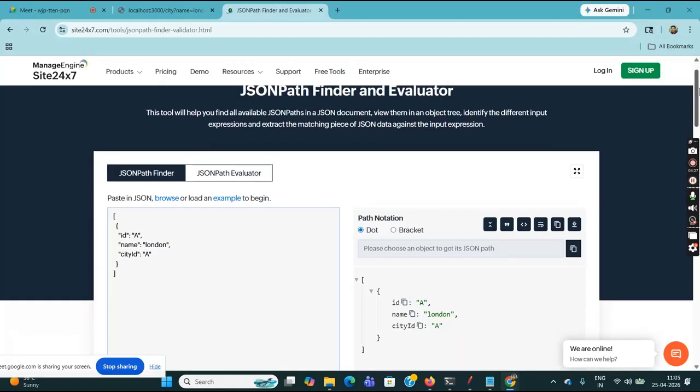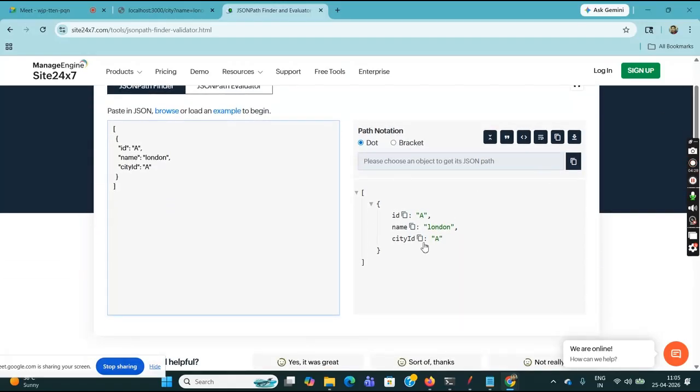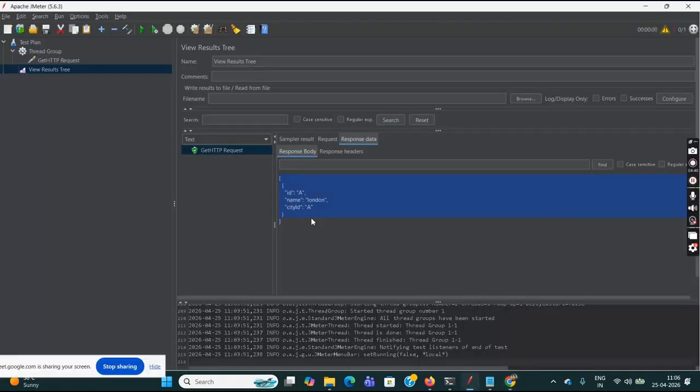And from here I want to get the city ID. So this is the JSON path. This is my JSON path. Copied it. And now I go to the JSON path tester here to test whether my JSON path is right or wrong,